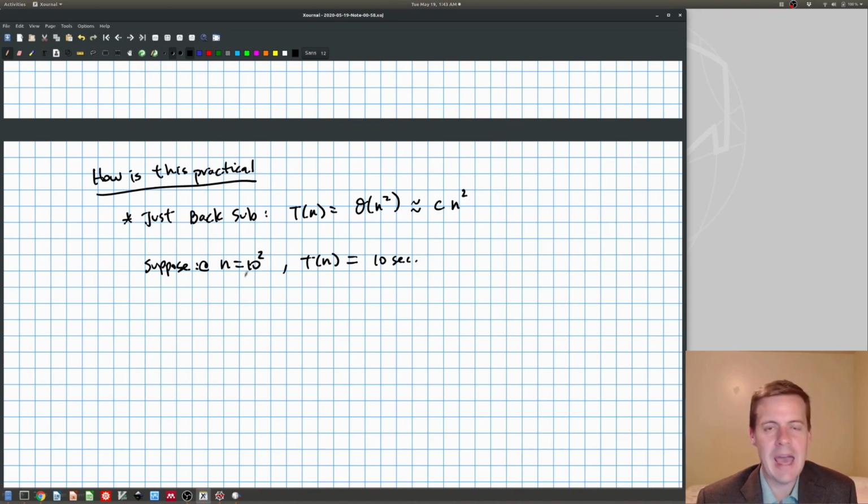Okay. So I had a 100 by 100 matrix. Maybe I made it up, maybe it was part of my homework. I did the back substitution calculation and found out it was 10 seconds. The question is, how long will it take